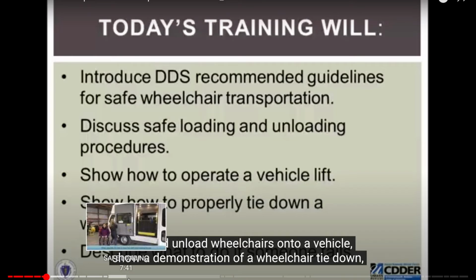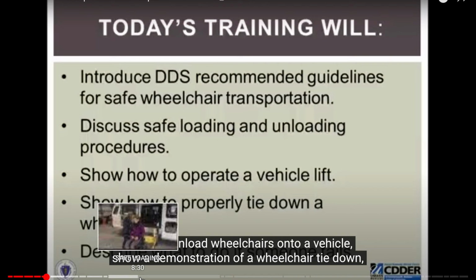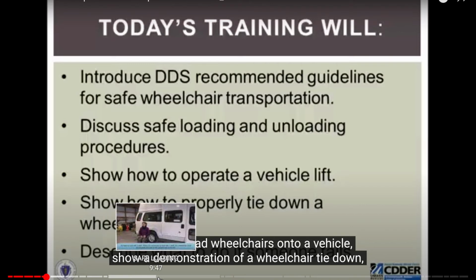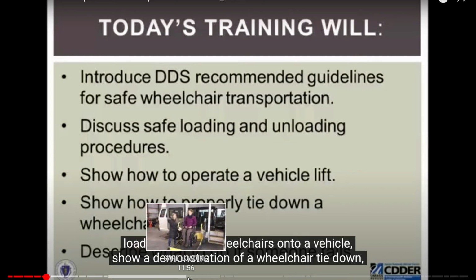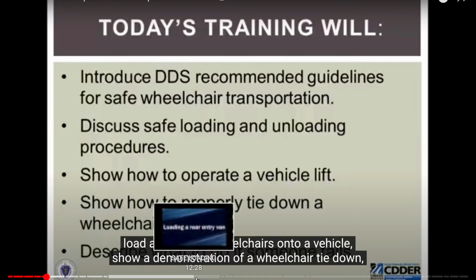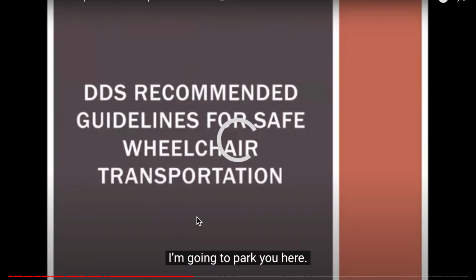This is a wheelchair being loaded into a van for a side load, power load. Again, access to this video is written within the slideshow. We're doing this primarily for the portion that involves how to actually secure the patient once in the vehicle. So we're going to go ahead and skip ahead to the patient actually being inside of the vehicle. Again, the power lift portion can be viewed by going to the original video. So we're going to look at that loading now.